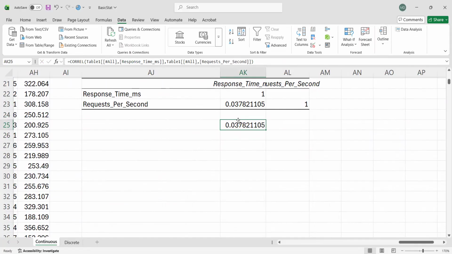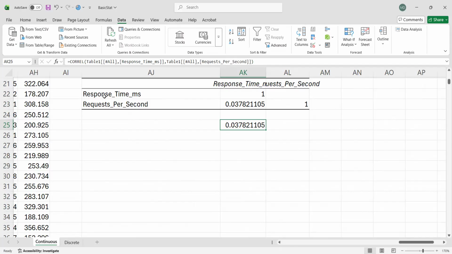Right now, it's very low, approaching 0. 0.04 is very low. It didn't even reach 0.01, so it is considered a very weak correlation. It's safe to say there's almost no relationship between the two variables.